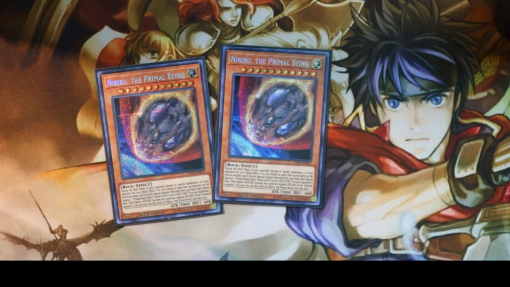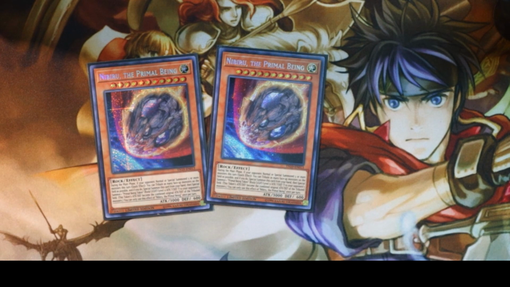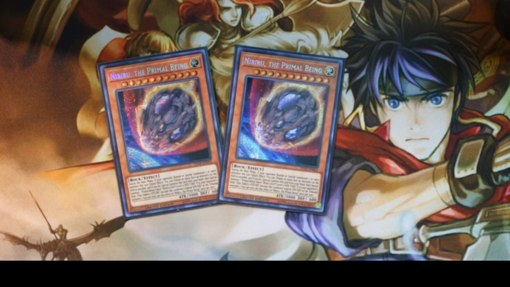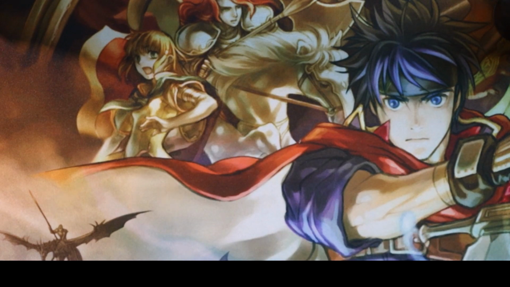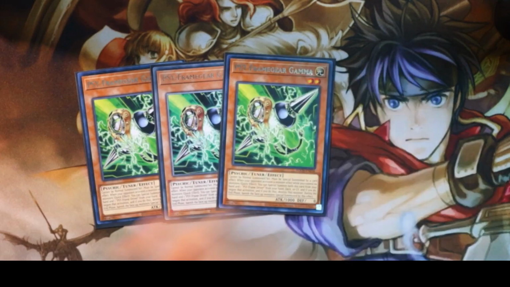2 copies of Nibiru, because you could actually play back row removal here if you wanted to. I'm just a little bit more scared of combo, because I think combo is a little bit better than back row decks right now. So Nibiru is just helping you stop those combo players, or at least impede them from going full combo. And then to round it off for the hand traps, 3 copies of